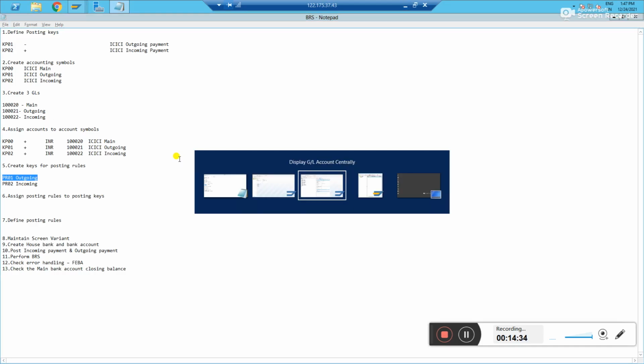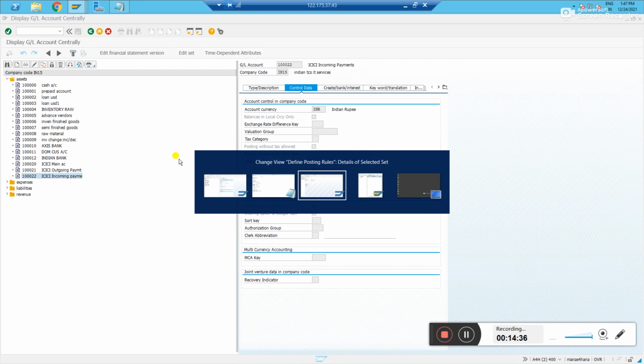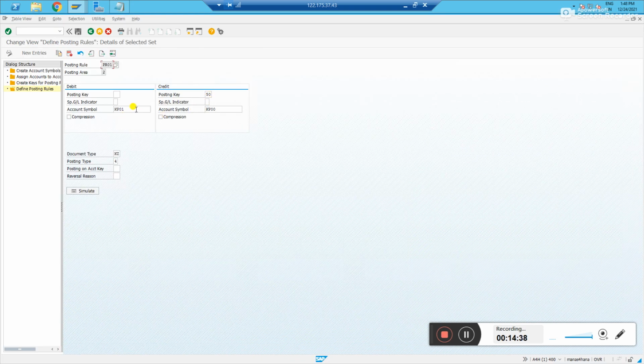That is the reason when you are doing a configuration here, see, this is your outgoing payment. Okay, KP01, that is a symbol you created. This has to be debited. So that is the reason we have debited here. And which one has to credit? It has to credit against the main bank GL account. KP00 in a sense, it has created for a main bank GL account, right?